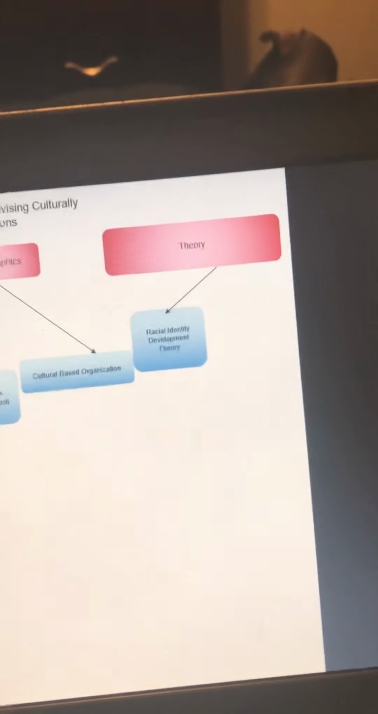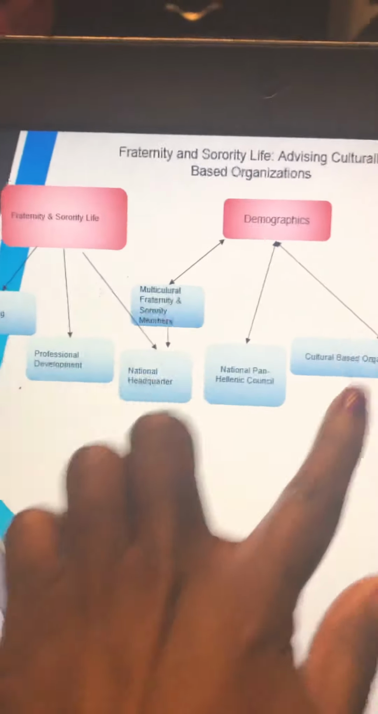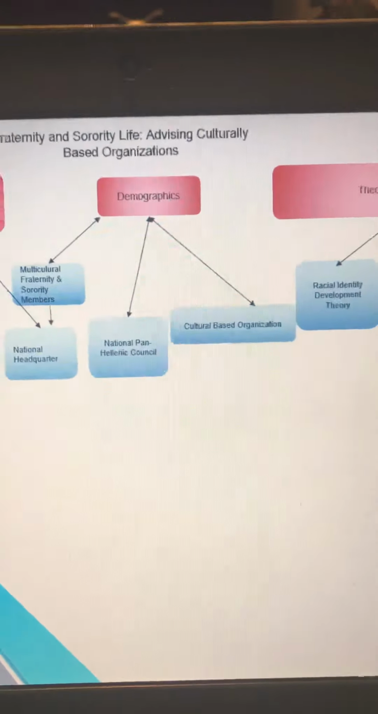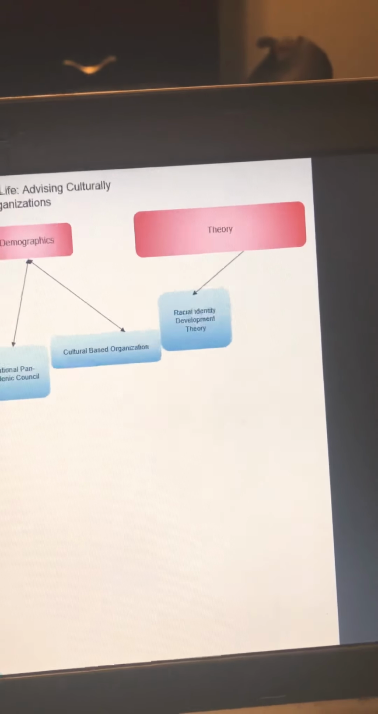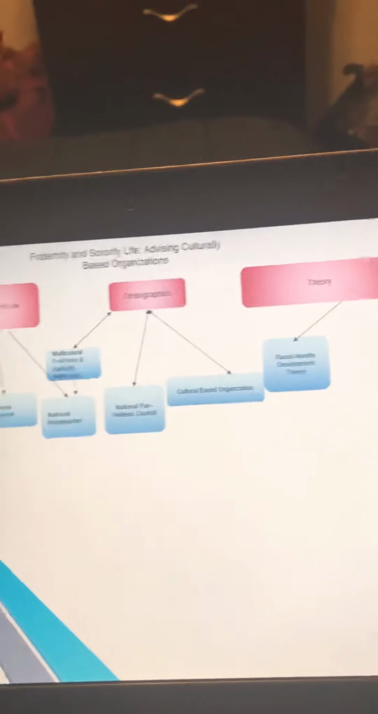And then we're going to tap into theory. The one theory that I thought about is racial identity development theory. That ties into, I feel like, all of these demographics and these groups. So tapping into what that looks like, how does the theory of nigrescence apply as these students